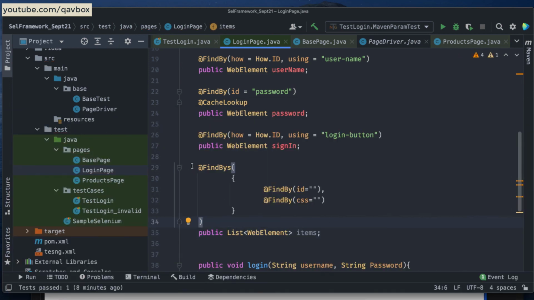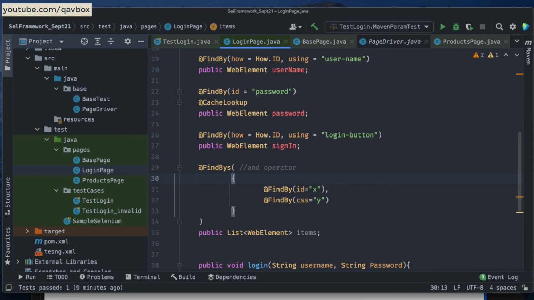Multiple find by you can specify inside this find bys. So if your locators are matching, let's say that id equal to x I'm mentioning here, and I'm mentioning y, then any element that is matching these two criteria will be identified, else it won't. So it is like an AND operator. Let's say that the id matched but the css selector is not matching, then it won't identify that particular element.